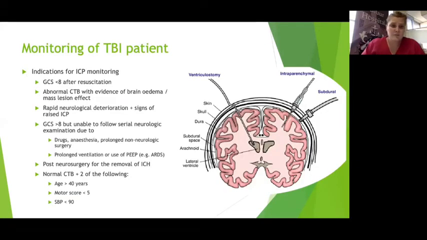When do we decide to monitor traumatic brain injury patients, and how do we choose them? Also, again, in our Western Cape traumatic brain injury or head injury guidelines, it's very clear all of our indications for patients with ICP monitoring. So if you come in with a severe traumatic brain injury, so GCS less than 8 after adequately being resuscitated, you will be considered for ICP monitoring if there's some concern about cerebral edema, or the fact that if we